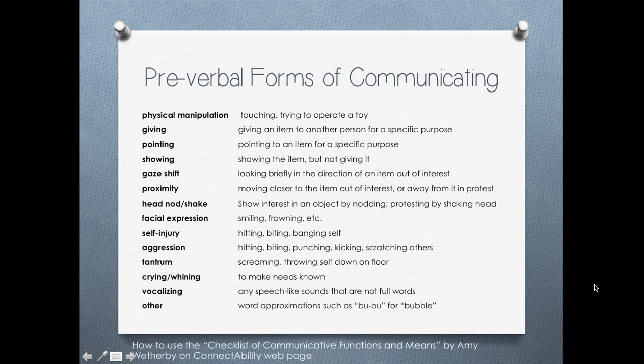Okay, so let's look at some of the pre-verbal forms of communicating, or nonverbal forms. This is taken from the Checklist of Communicative Functions and Means by Amy Weatherby, and you can download that through the connectability webpage, which is on your assessment tools handout. But I thought it was just important to take a look at the range of actions, physical actions, that would be considered communicative. And there's some examples here, but this will set us up for our observations of